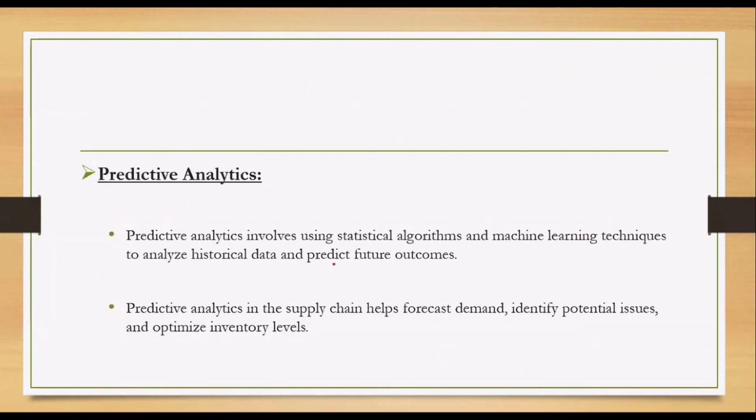Then predictive analytics, as I told you, uses statistical algorithms. The data is subjected to statistical algorithms and machine learning techniques, to see how historical data is going to predict future outcomes. And then here, of course, any disruption that is going to happen will be identified within no time, and you can also take immediate action. So in supply chain forecasting, with predictive analytics forecasting, you can see how the sales would be and how the demand fluctuations happen. And you can also do a lot of sensitivity analysis.